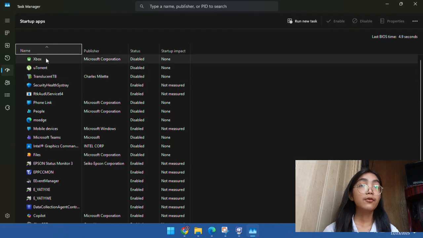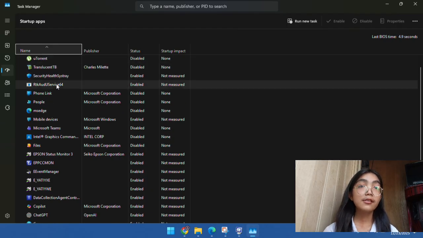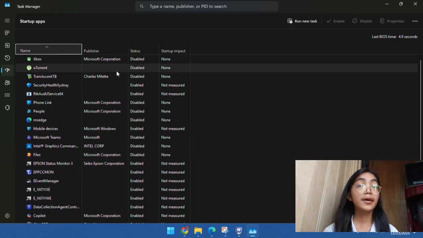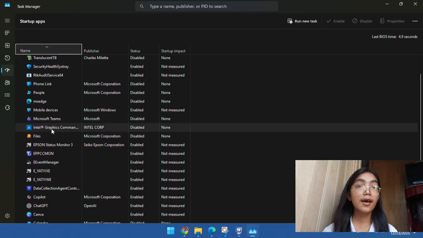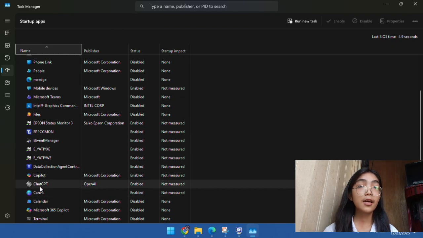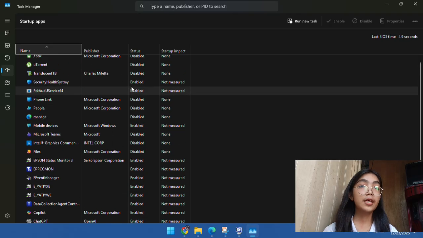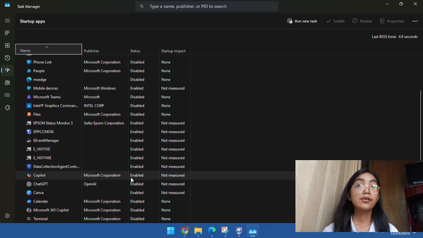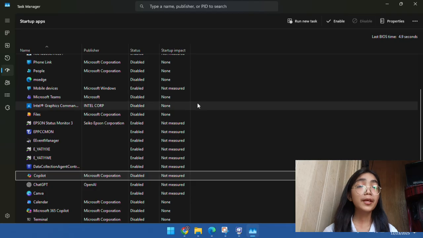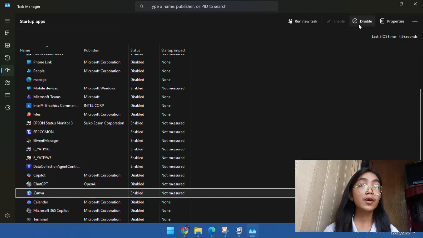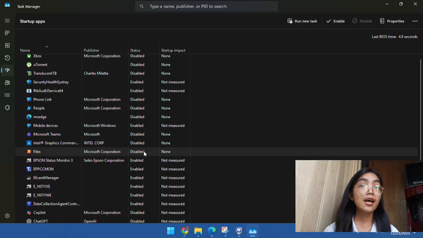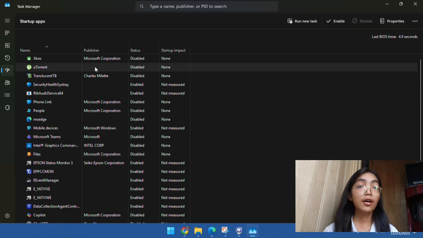Then, disable any unauthorized or unnecessary programs. In this case, I will be disabling Xbox Live Game Save, Copilot, ChatGPT, and Canva. By completing this step, you can help protect your system from unauthorized access, unnecessary resource allocation, and potential malware infection.